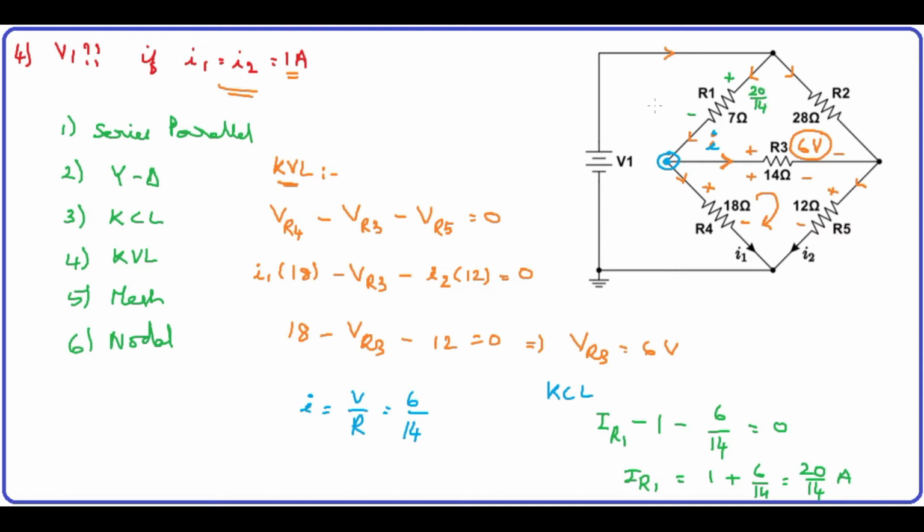Now I can simply apply Kirchhoff's voltage law in this loop and obtain V1. I want V1, right? So it is positive, negative, and this is my loop, positive, negative, and ending the loop. That's all. So let me write Kirchhoff's voltage law here. V1, I am starting from V1. So whenever I touch positive, I need to take it as negative, minus V, into V is equal to IR. So I means 20 by 14, R is 7.